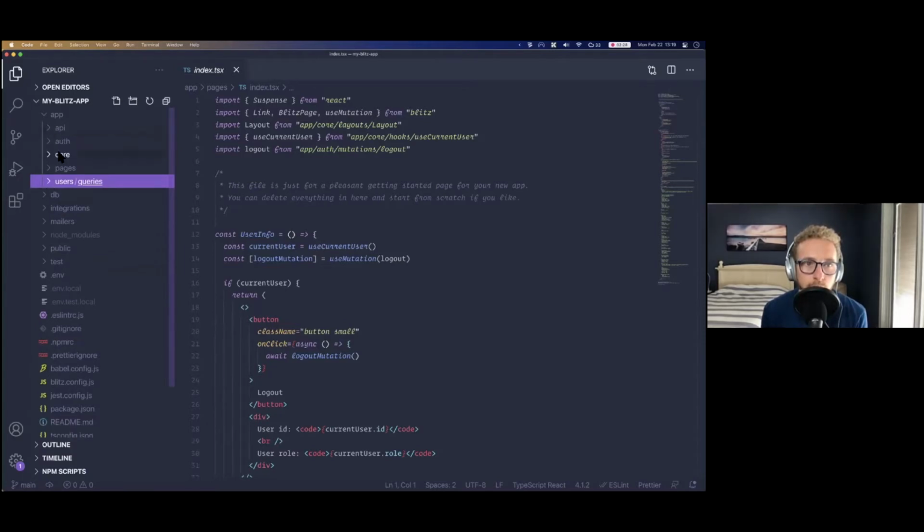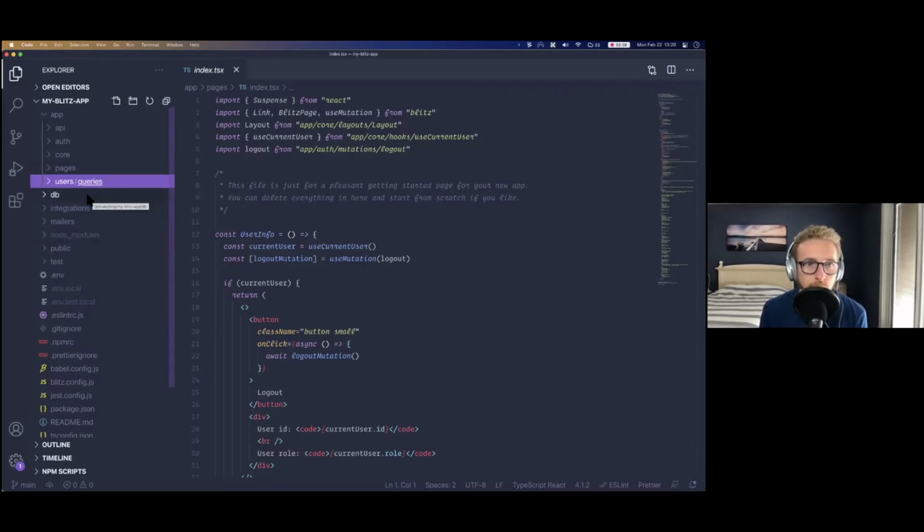So we try to organize them by models, more so than types. So instead of having top level like app pages, app components, app hook, we try to abstract them, like organize them a bit more, because this way is a little bit more scalable how we do it here.